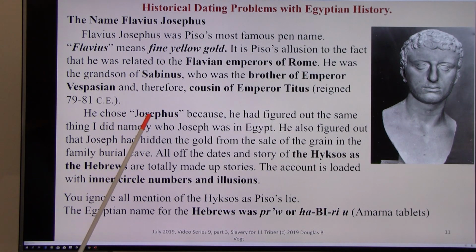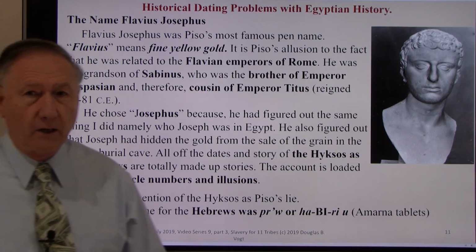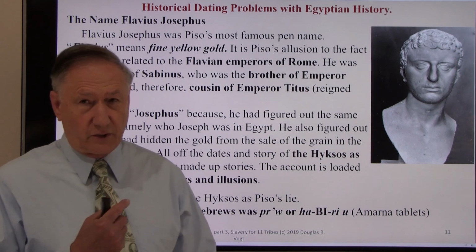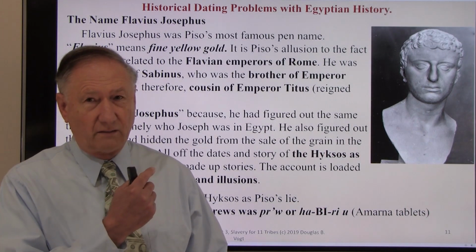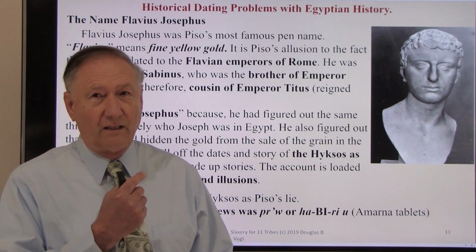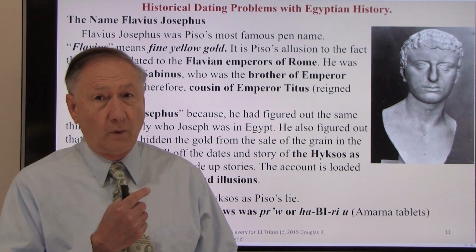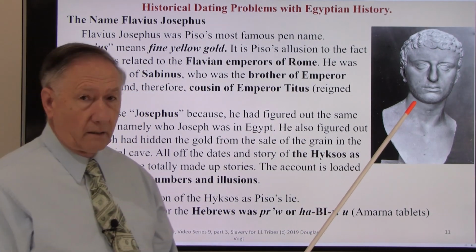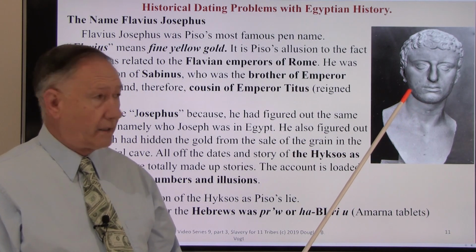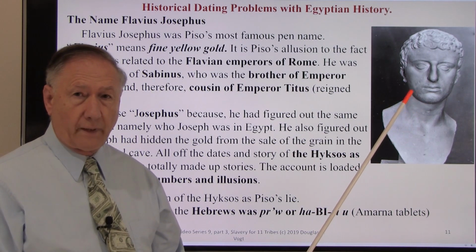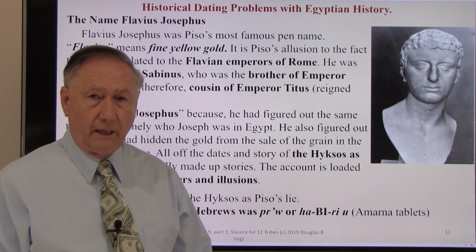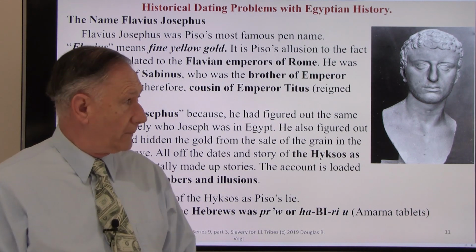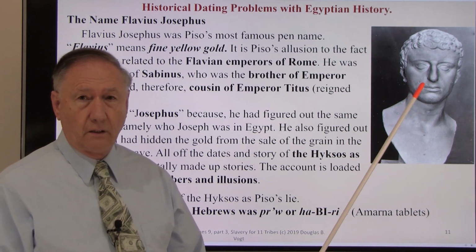The reason why he took Josephus, derivative from the word Joseph, is because he had figured out the same thing I did, which I showed you in the first and second videos, that Joseph was Sanmut and he put away a lot of gold and silver. This guy wanted that gold and silver so he could raise an army and take over and be emperor of Rome, because he was the illegitimate son